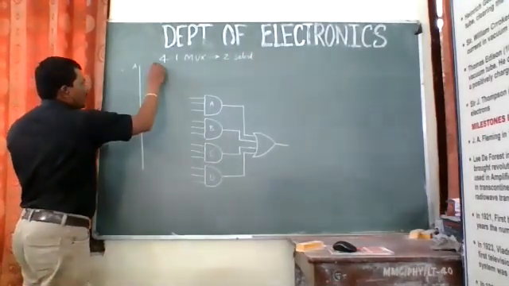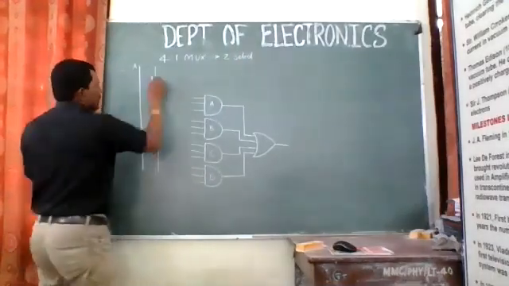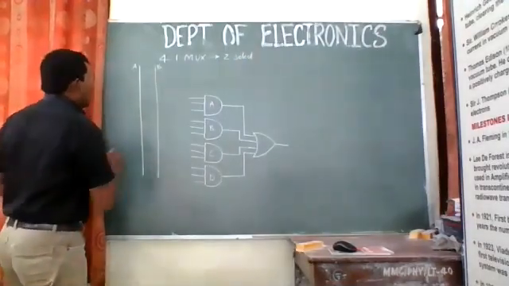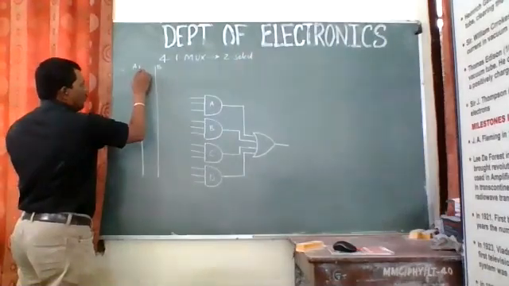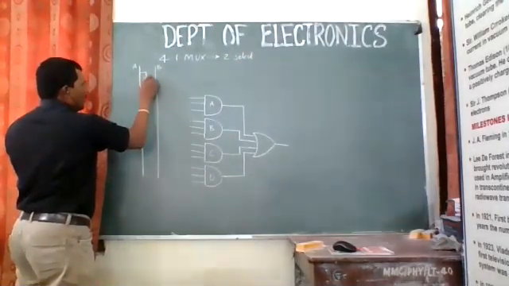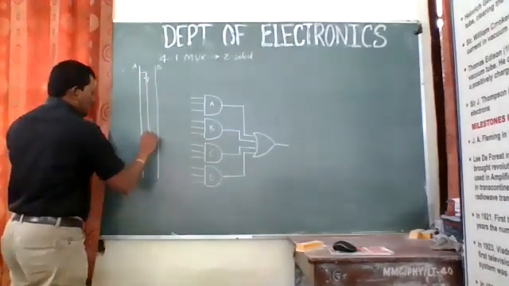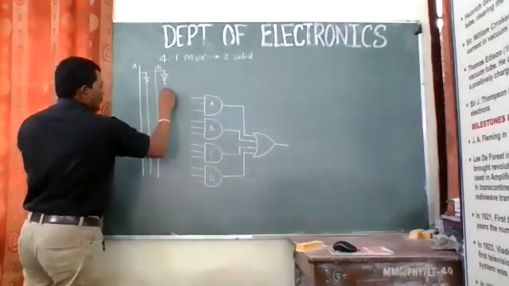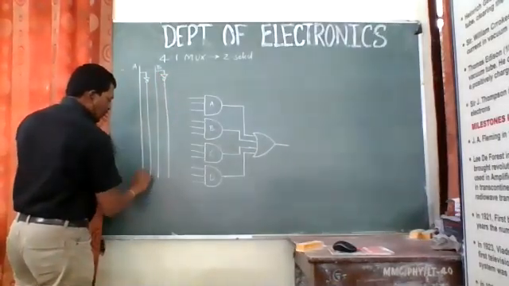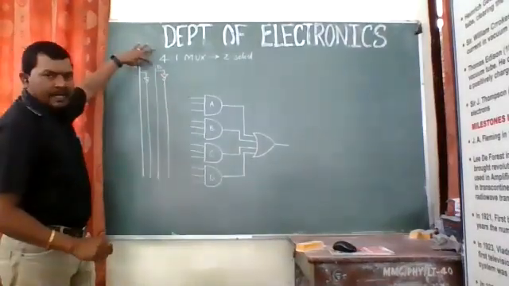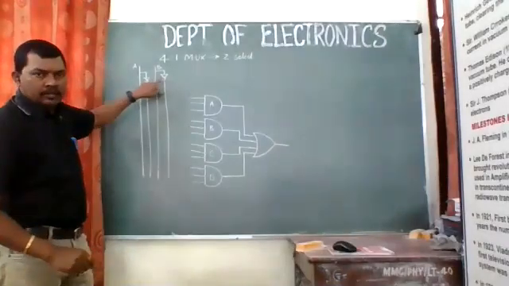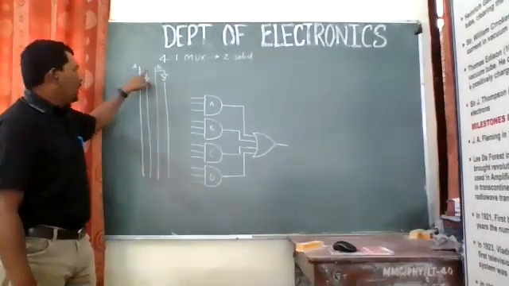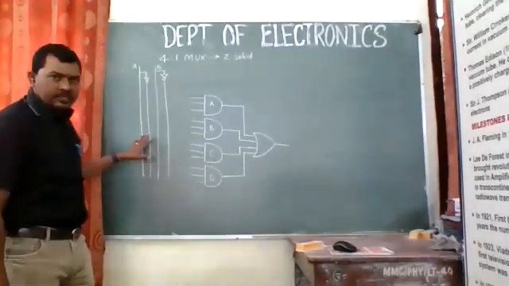One is A and say the other one is B. So we are having two select lines A and B. We'll be using that. Now I will just invert both of them by using a NOT gate like this. So I'm making a second line like this. I guess you have understood what I have done. I have made two select lines into four just by inverting them. So A and B are two select lines, right?